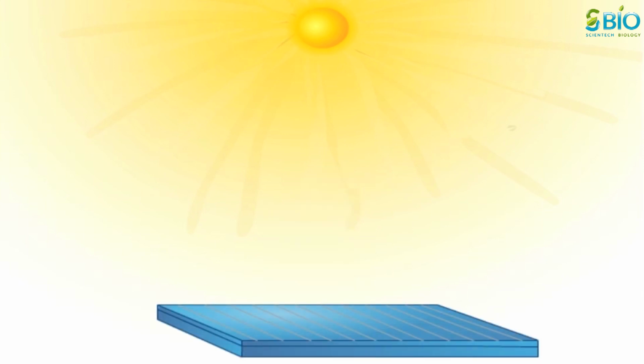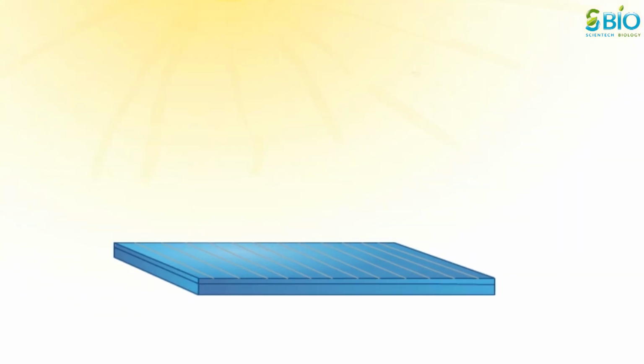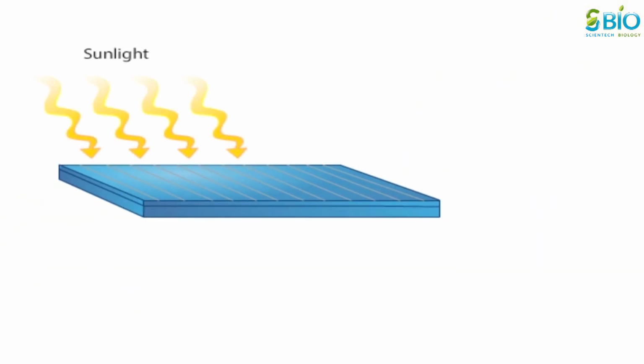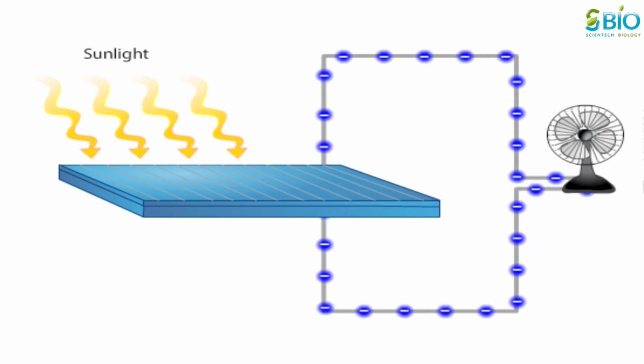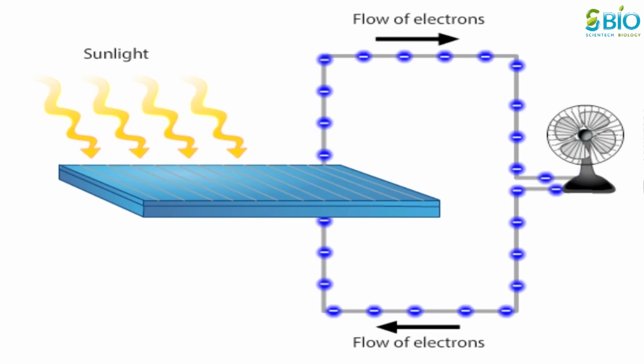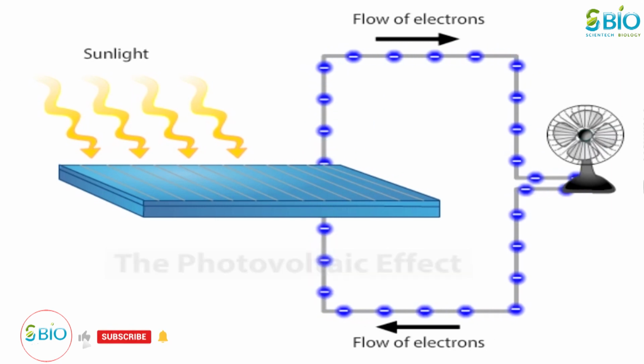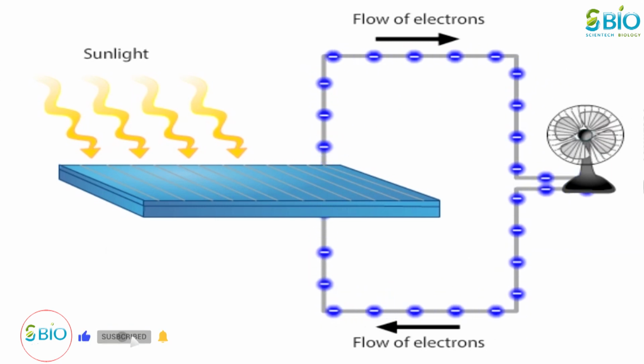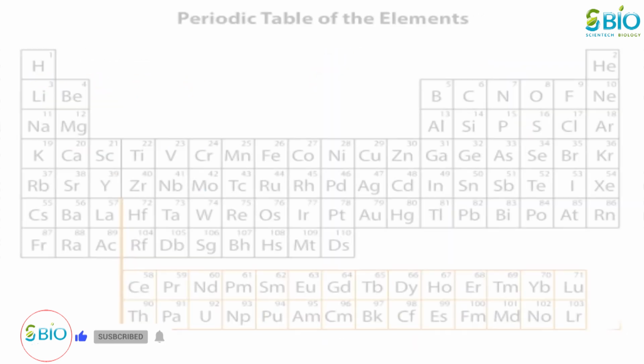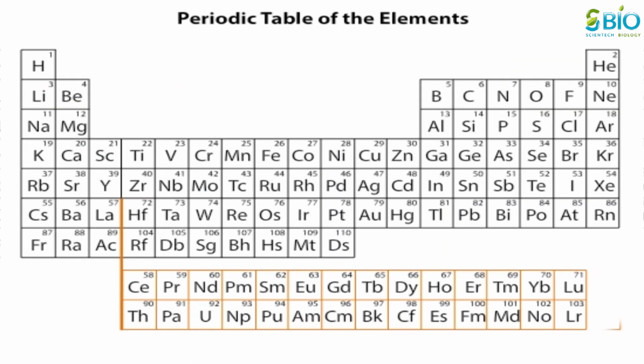One high-tech method uses solar cells to generate electricity. When sunlight strikes certain materials, it produces a small amount of electric current, a marvel called the photovoltaic effect. The current can then power electrical devices from light bulbs to electric cars. The ability of a solar cell to operate is based on a material called silicon.